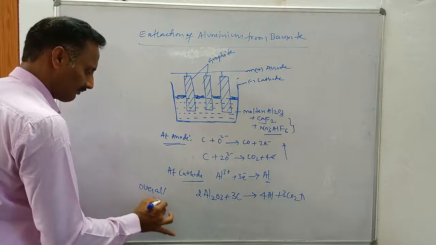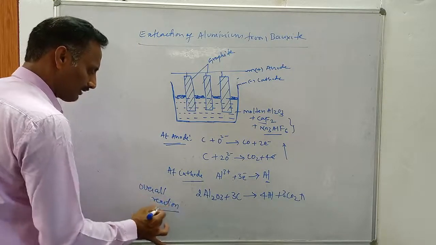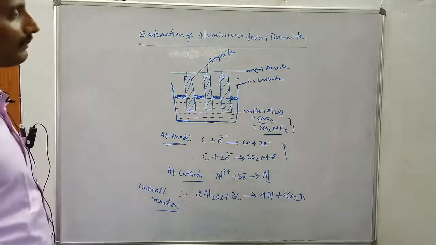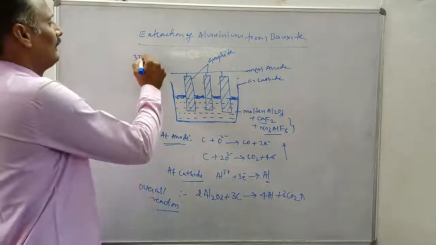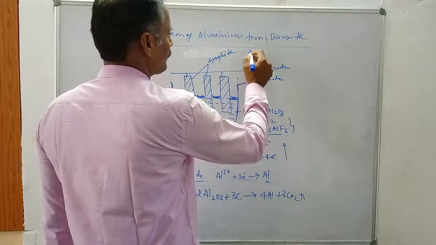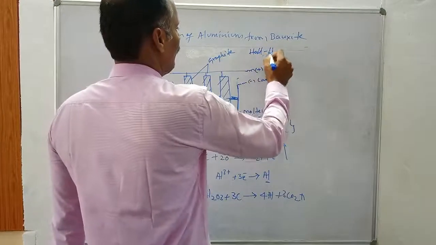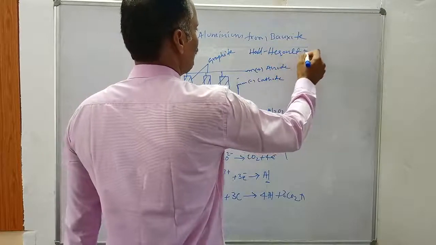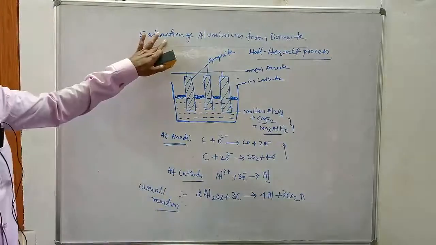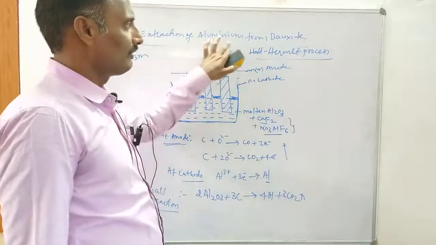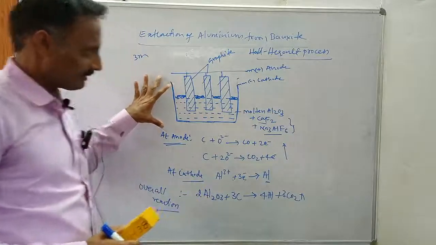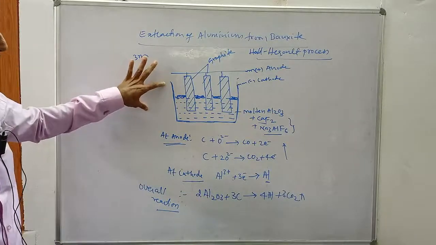This is one of the most important questions asked in second PUC inorganic chemistry from this chapter, a 3 marks question. Extraction of aluminium from bauxite. It has one more name, it is also called the Hall-Héroult process. Extraction of aluminium from bauxite or extraction of aluminium by the Hall-Héroult process is the most important question asked in PU examinations in chemistry.